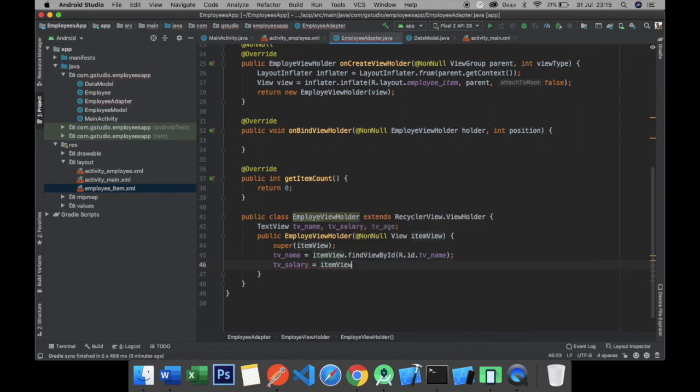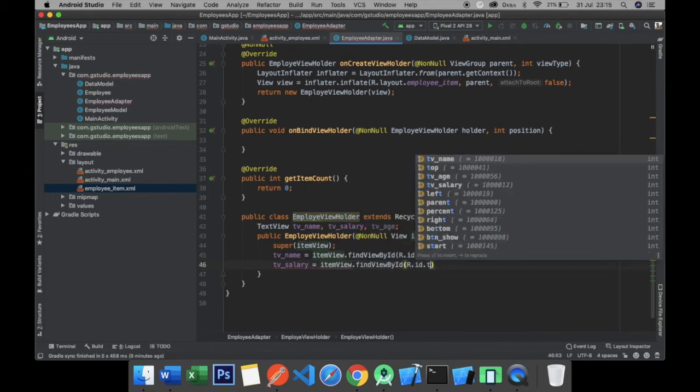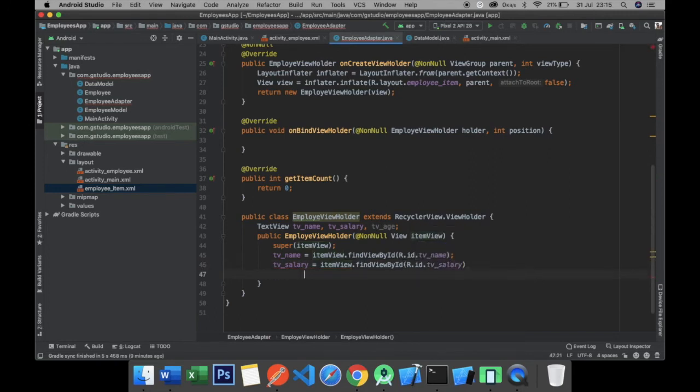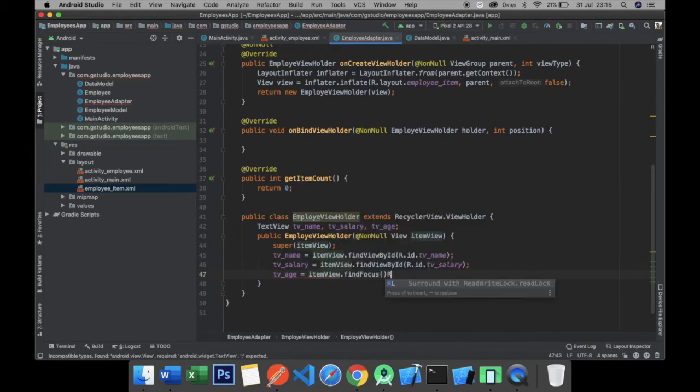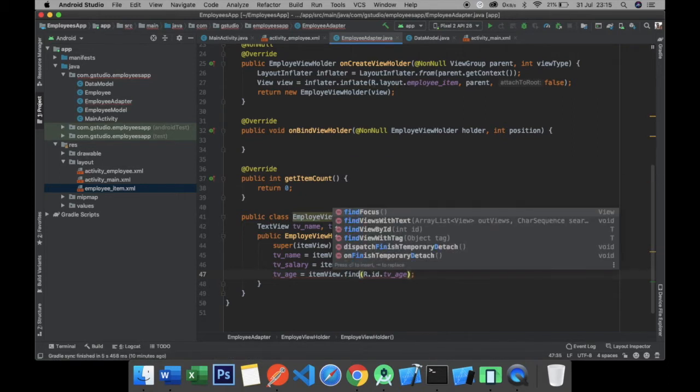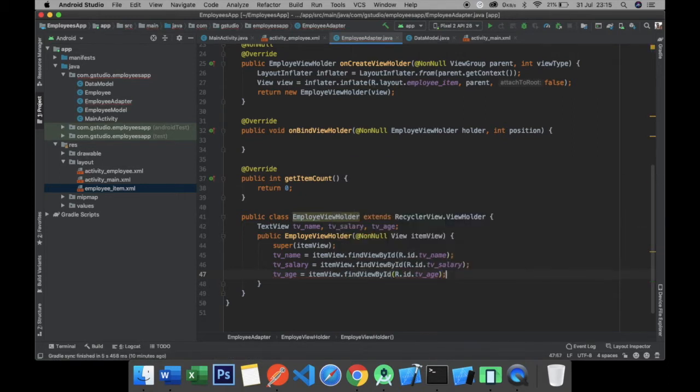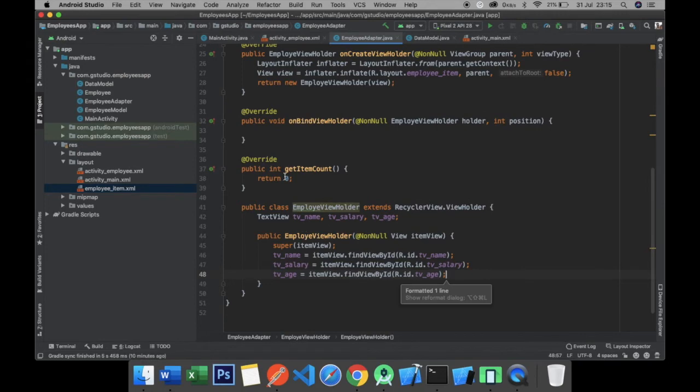Same for the other ones: itemView.findViewById for salary, and same for the age, tv_age, itemView.findViewById. Wait, oops, let's correct it: findViewById. Okay,